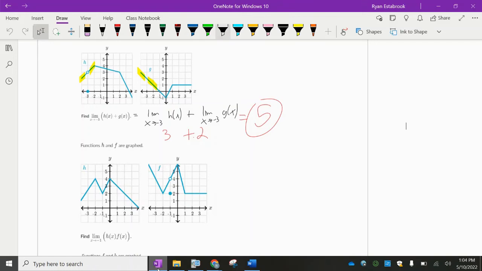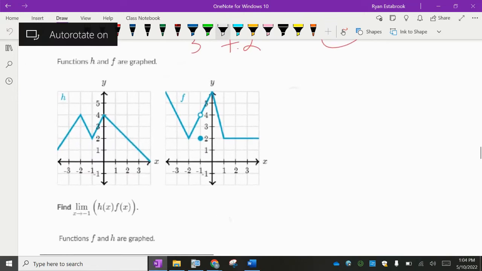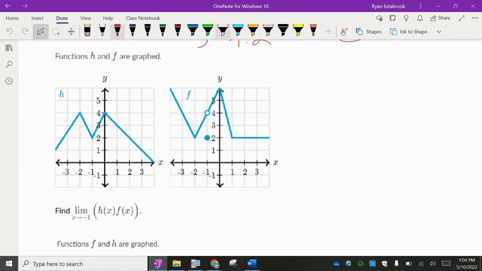All right, so this is day number 2 of our limits unit. And let's jump right into this first problem here. The limit is the intended value of a function. And in this first one, we're taking the limit as x approaches -1 of h of x times g of